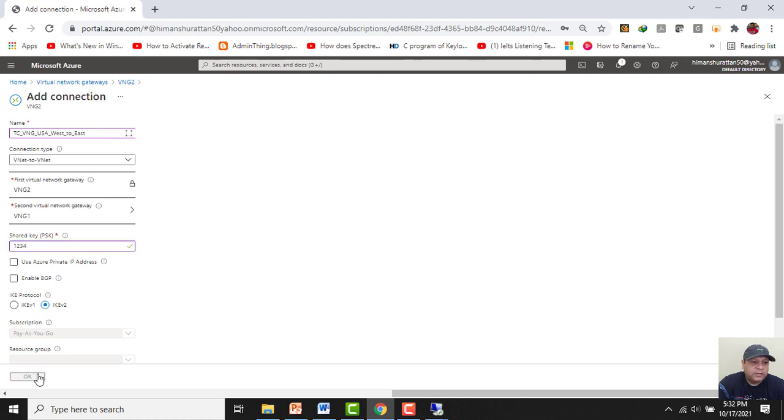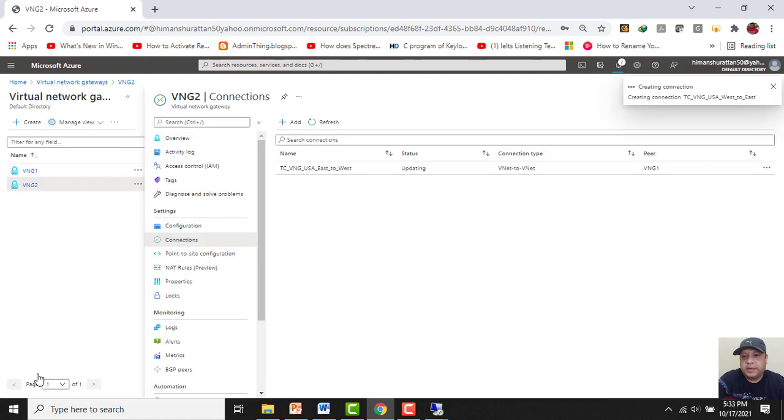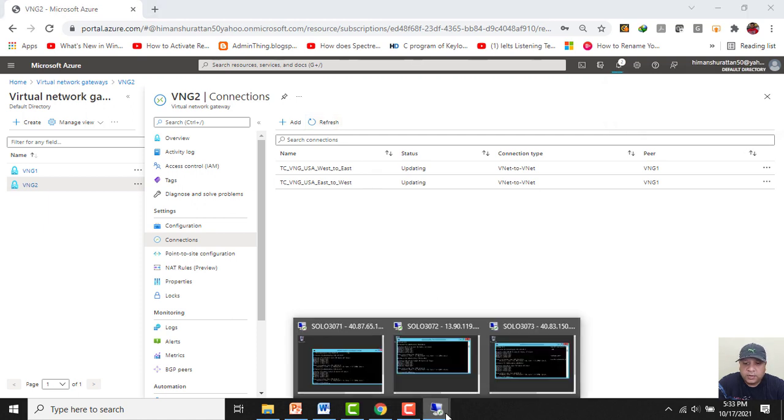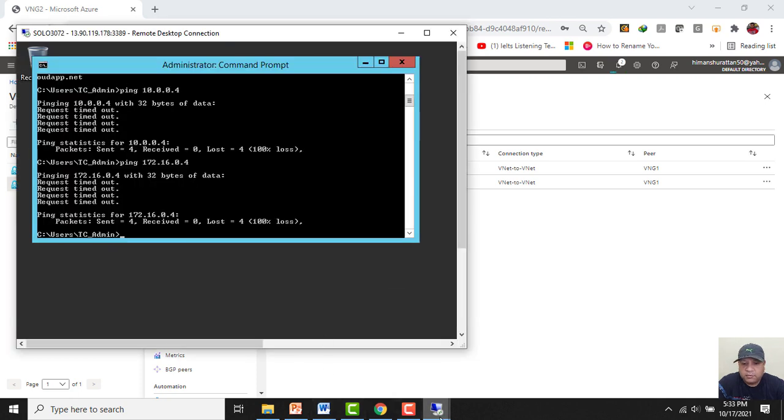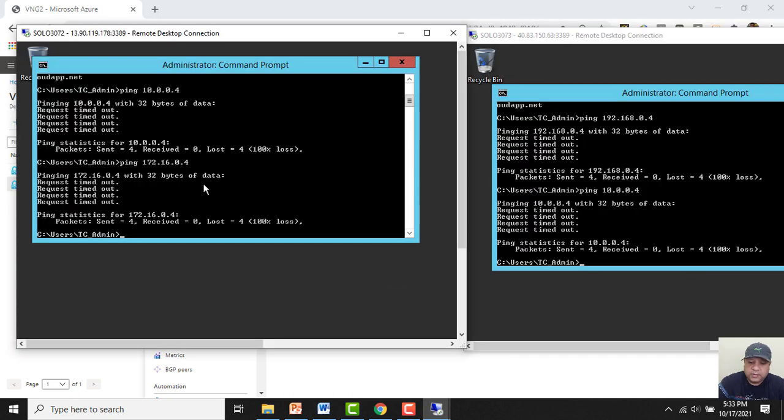Click on OK. Now wait for some time and let it configure. So it is configured. Now we will check whether we are able to ping Solo 3073 from Solo 3072, which is in our network B. Let me ping this one.